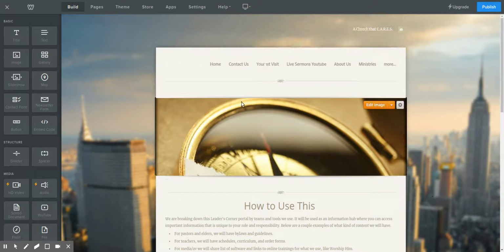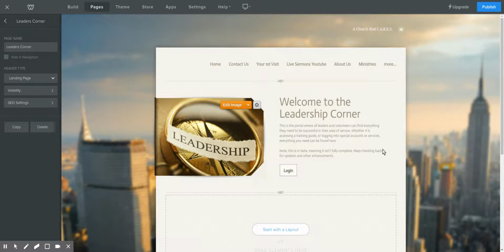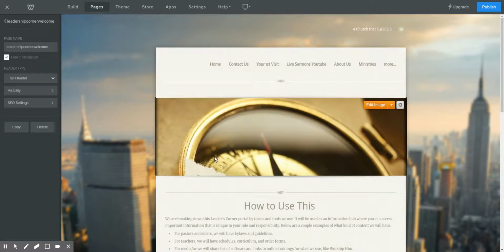So what I did was create a page called the Leaders Corner. It's like a portal. Welcome to the Leadership Corner, and they log in. By the way, no one can register. Only the webmaster can create an account. This way, you don't have random strangers creating accounts and getting access to your stuff. Not that you will put anything important out there outside of resource materials, but you just don't want anybody using this. So there's a login link, they log in, and they'll come to this page,